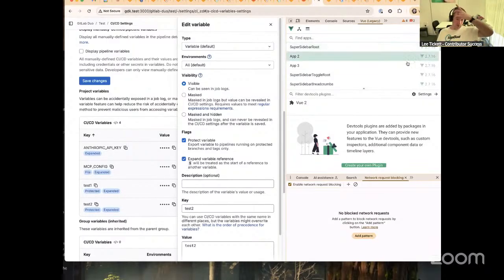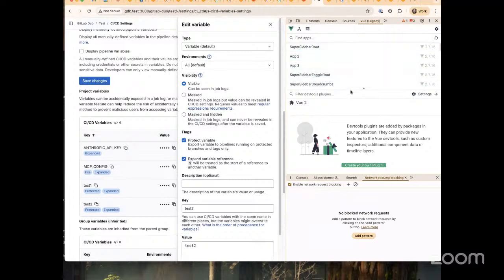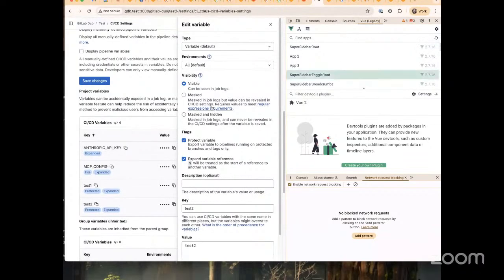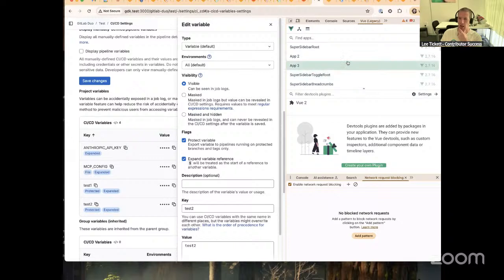If you want to use Vue dev tools on a production GitLab instance, I'm sure there's a video somewhere or a hack that makes Vue dev tools realize that Vue exists, but there's something different about running Vue in development mode versus production mode. That means that by default it won't work. But on a GDK,